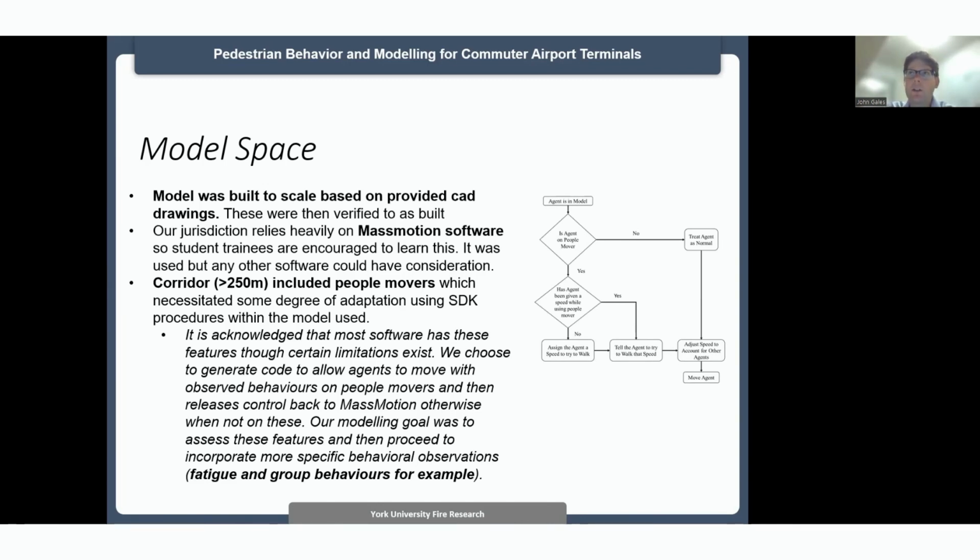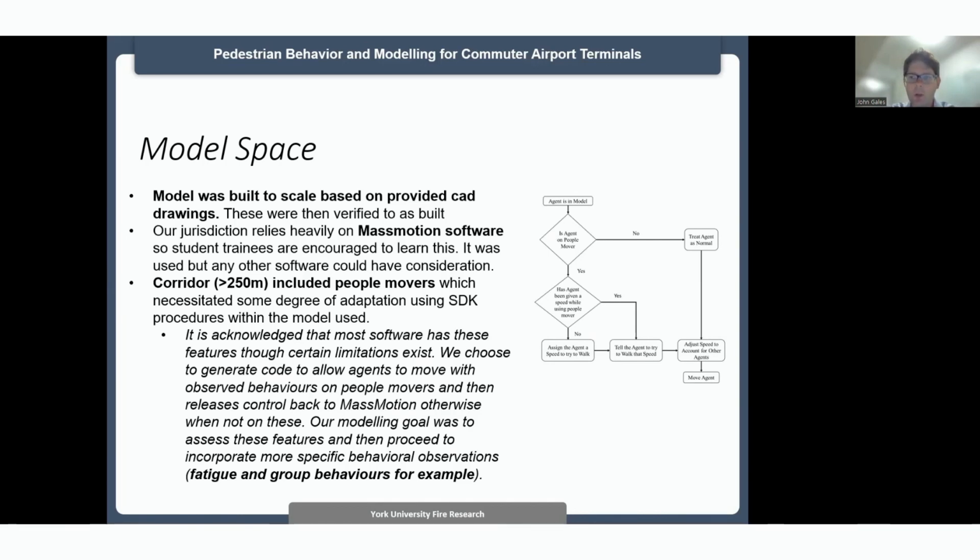Really, we just wanted to see whether we could get something very similar, using the new movement speed profiles, to what would happen in reality, because we had the fixed endpoints of the corridor, so we could time an individual from one end to the other and get an average speed of how people are moving through that particular space. The challenge is the corridor is very large, or at least large in the sense that there is going to be some level of fatigue and group behavior that may influence that comparison.